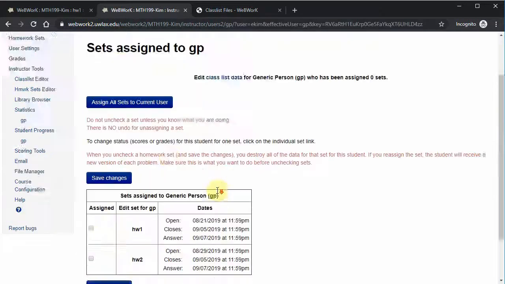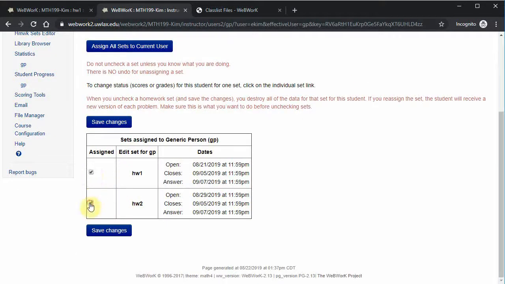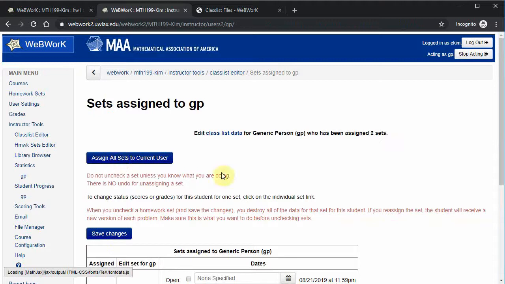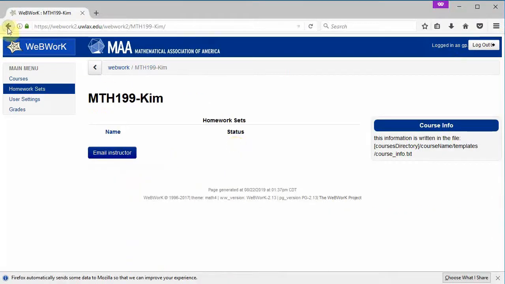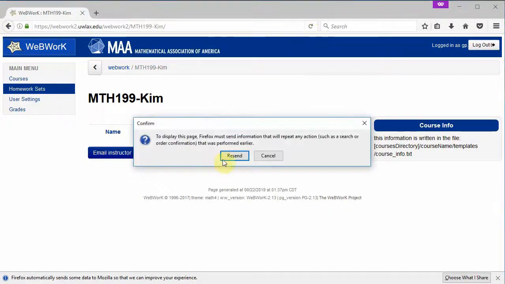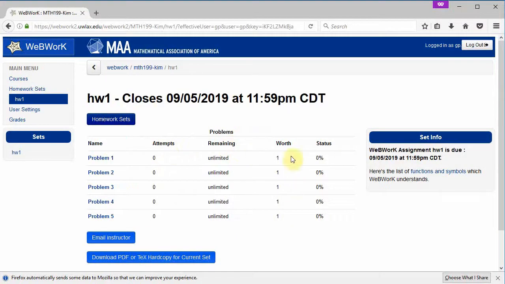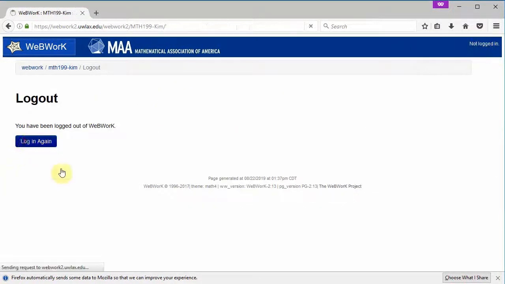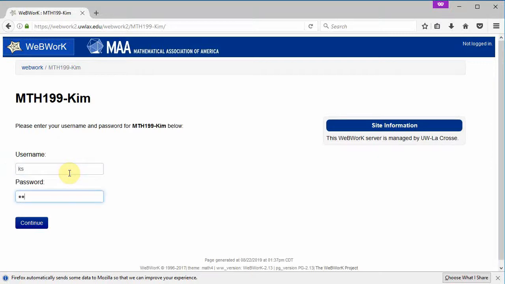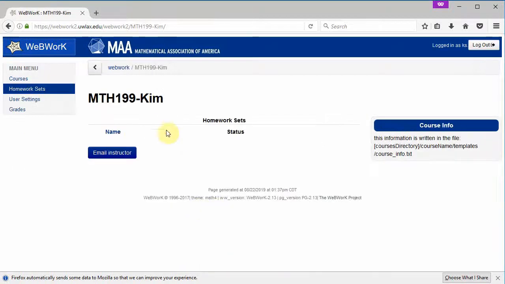So I'll click here and just say, you know what, assign those, check those, and then click Assign All Sets. Now if I go back to the student user and hit reload, this user now has access to the 2 homework sets, and of course this student hasn't attempted anything. If I log out as this student, log in instead as KS both for username and password,